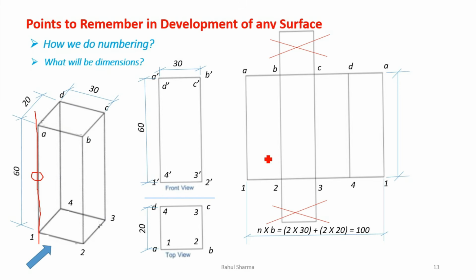So let's say when you cut it from 1a, first 1 to 2. So what is 1 to 2? 30. So you can say this is side 30. After that, what is the next side? 20, as this is a rectangle. If it is a square, then all sides will be equal. So this is again 30 and the next one is again 20. In this drawing it seems to be equal, but in actual it is like this, and then height will remain same as 60. So this is the way how we do dimensioning in a development of surface.